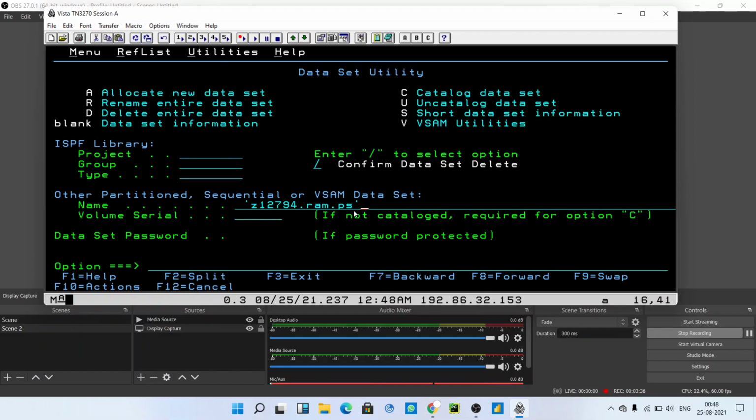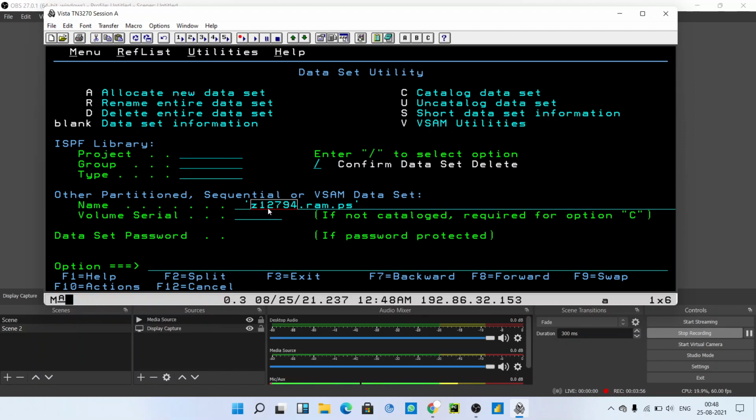Actually there are certain rules to give the name to the PS file. This first part, Z12794, is the high level qualifier. It is called the high level qualifier, and it is the mandatory part of the dataset name.